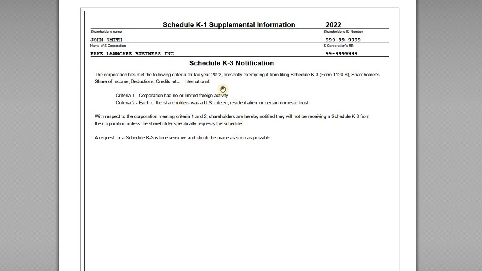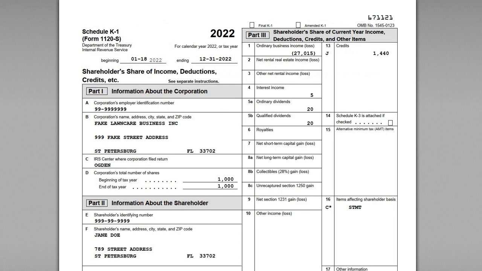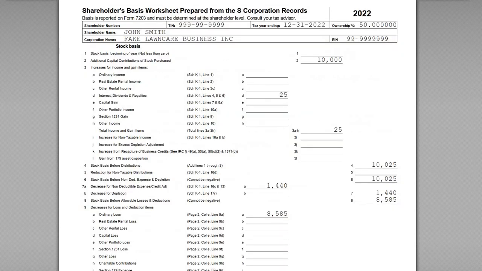Now, you're off the hook for filing this, but the reason why you're providing this to the shareholders is they have the option to request the information. So if you provide this to John and John says, actually, I need the information on K-2 and K-3, please provide it to me, then you would have to do it. But in our case, we're filing this notification to be exempt. All right, so now the last thing is the